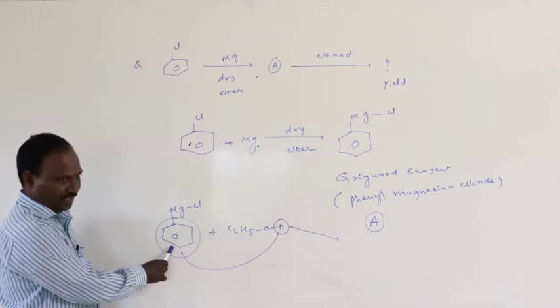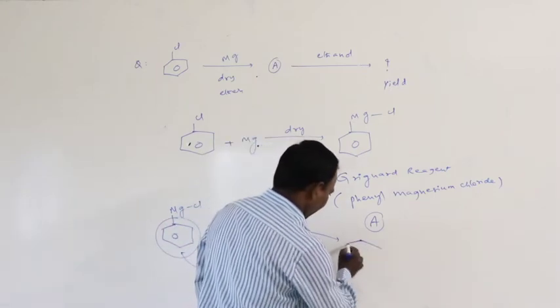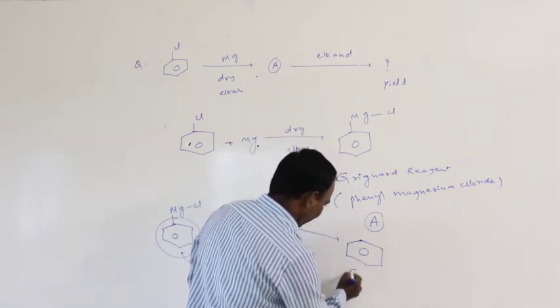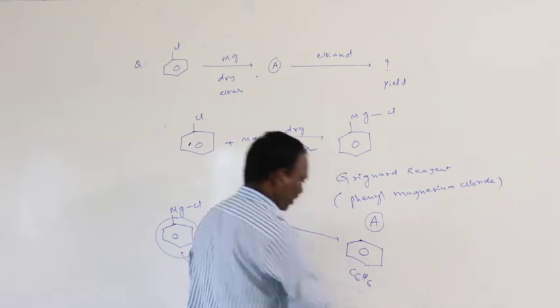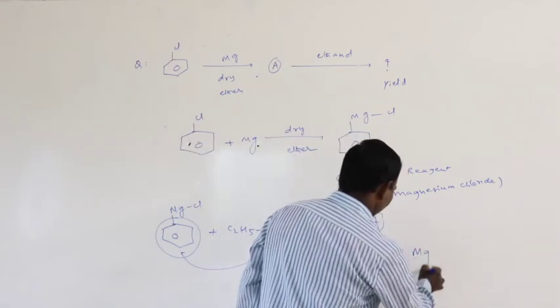So C6H5 plus one hydrogen becomes C6H6, benzene formation. The remaining compound is the byproduct,